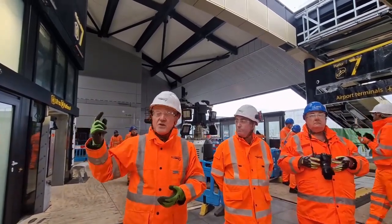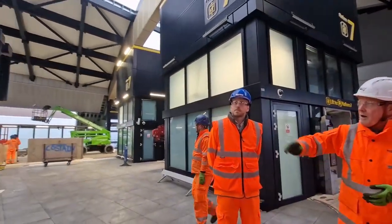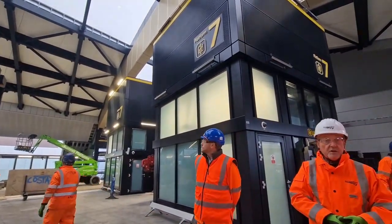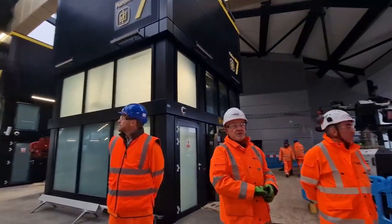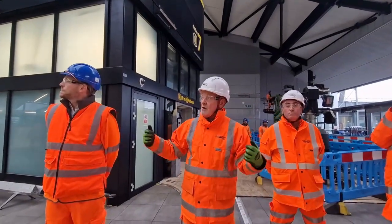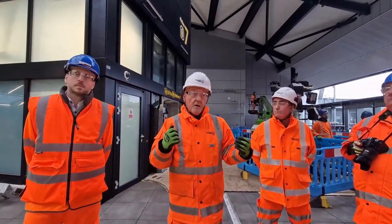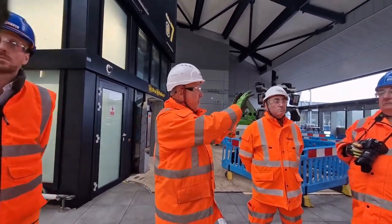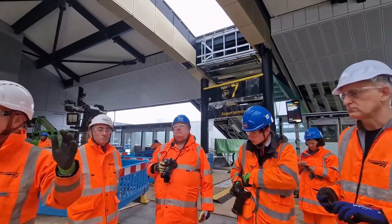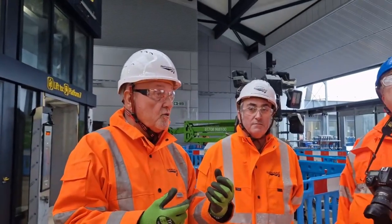Throughout the whole concourse area you can see there is new customer information systems, and you'll see live information. They're already connected, they're already commissioned, and they're all ready to go. So that gives passengers arriving here information about boarding trains. And obviously you'll see a lot of signage, as you can see all around you, pointing and directing people to the airport terminals, which is through, and I'll take you through the